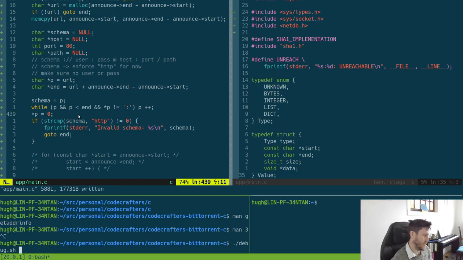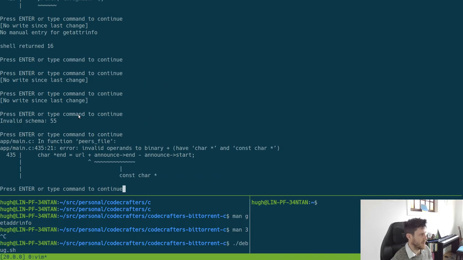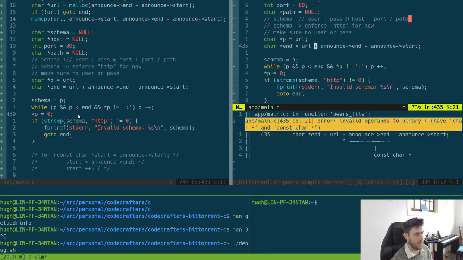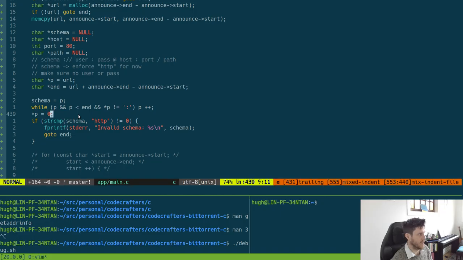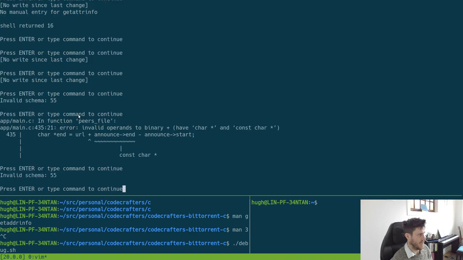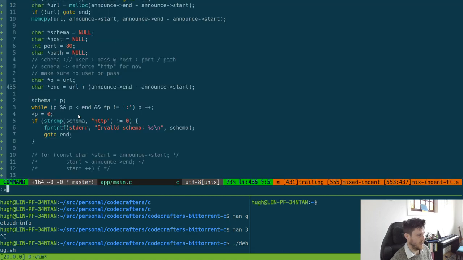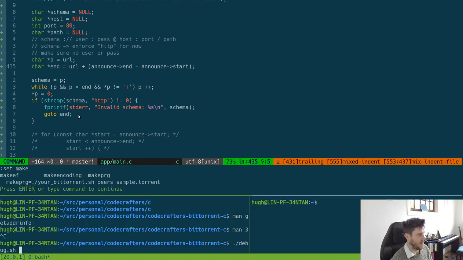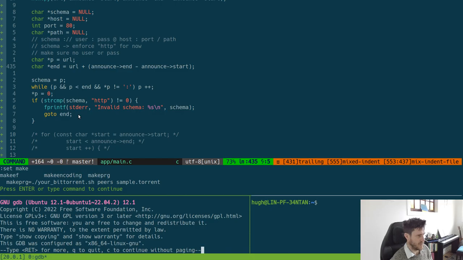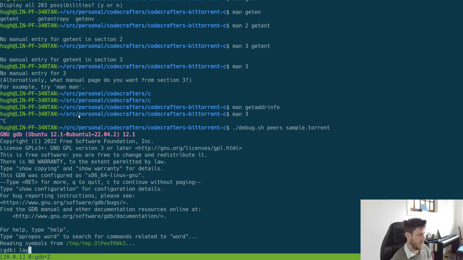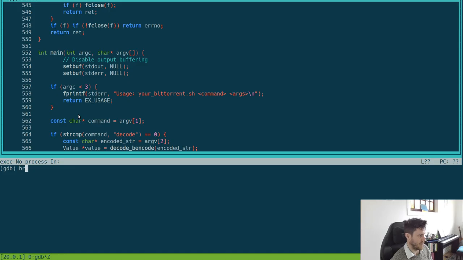So what are we doing? We're doing a debug on, and the command it's trying to run is just pairs. That's all right. We can just go down to one window, I think. Now that's that, and pairs sample dot torrent. Right, so if we maybe go full screen here, layout, source, and we can break